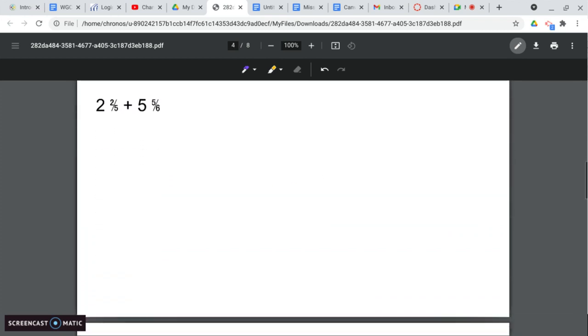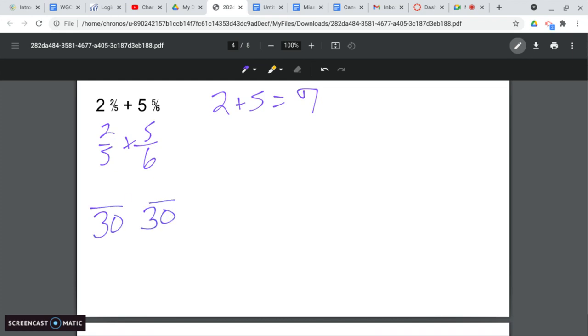All right, for this one, we have 2 2/5 plus 5 5/6. So we're adding these together. So add is your key word for this lesson. So 2 plus 5 equals 7. We have 2/5 plus 5/6. Common denominator is going to be 30. So 5 times 6 and 2 times 6, that would be 12/30. Here we're multiplying by 5. So we'd have 25/30. So 12 plus 25 is going to give us